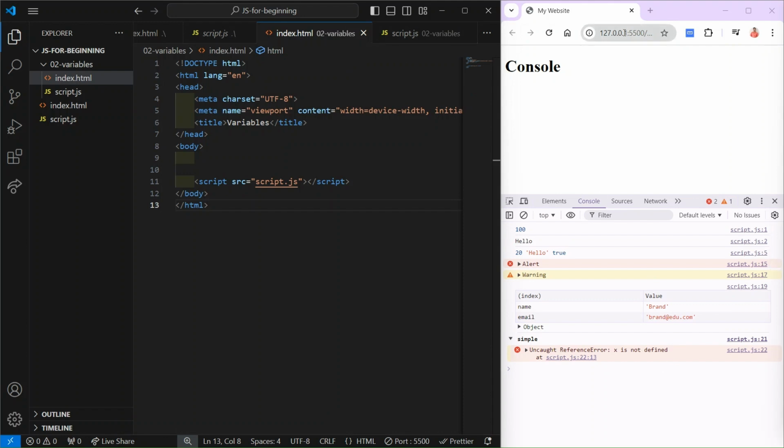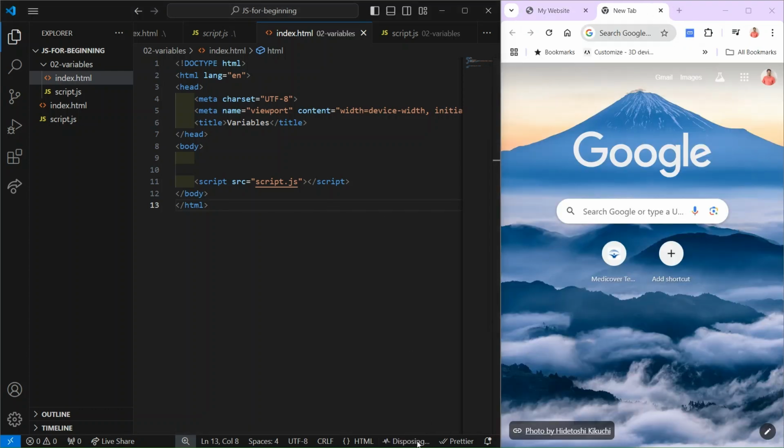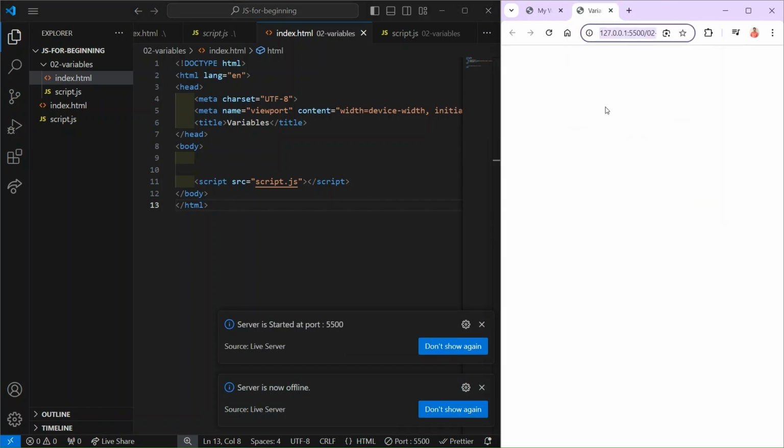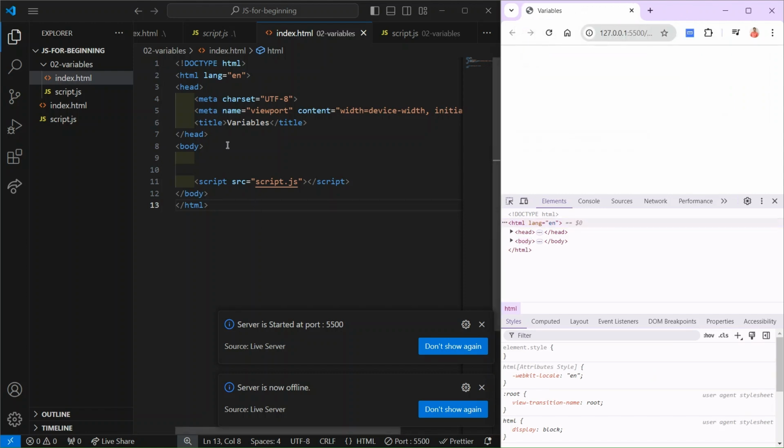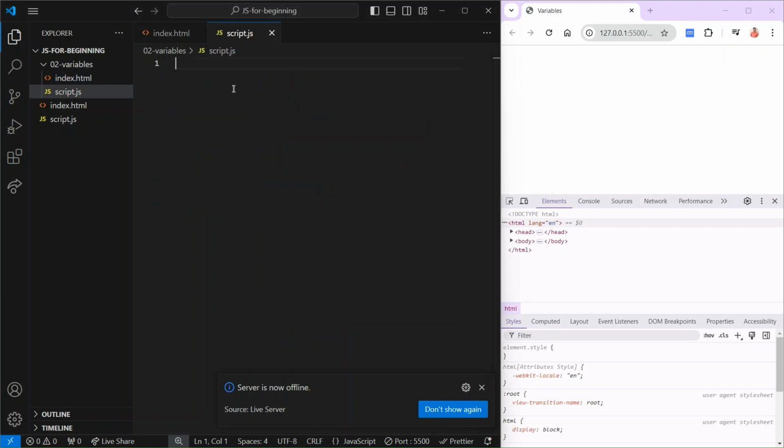Now we need to run this, stop the one before, and start this and include variables. It is loading, and in this we are going to write